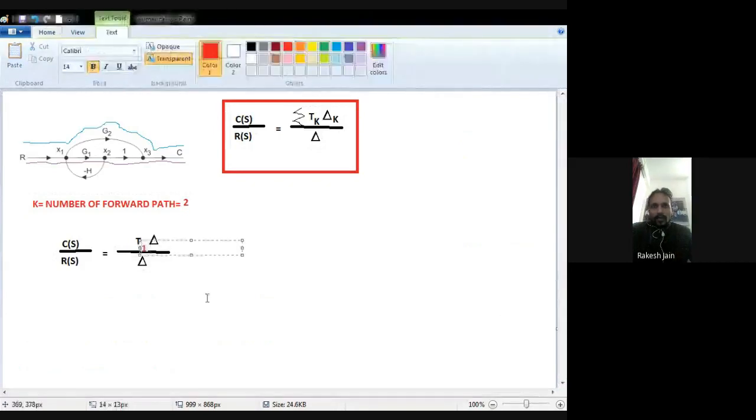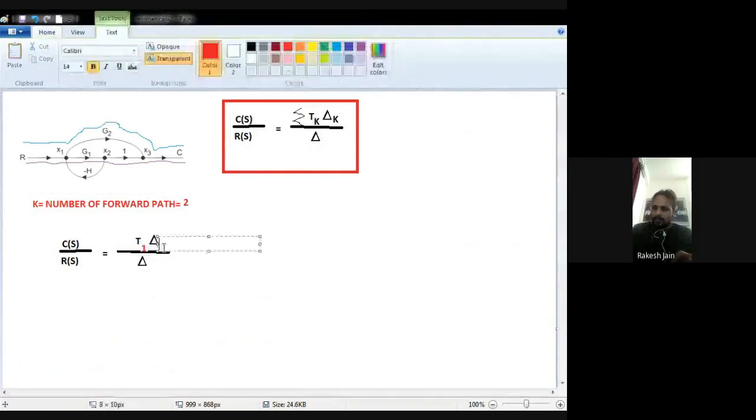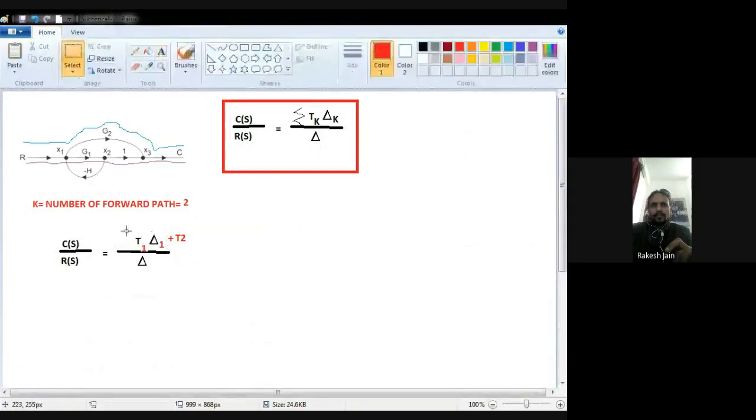Okay, now what will be my new formula for CS upon RS, which I have to find out for this question? It will depend on the value of k, because k is 2 here. So T and del are 2 times, I have to write down. So T1 del 1 plus T2